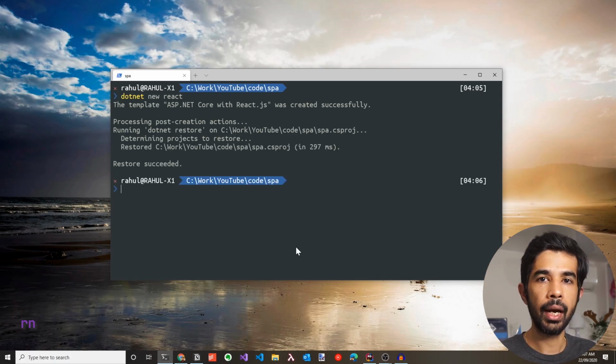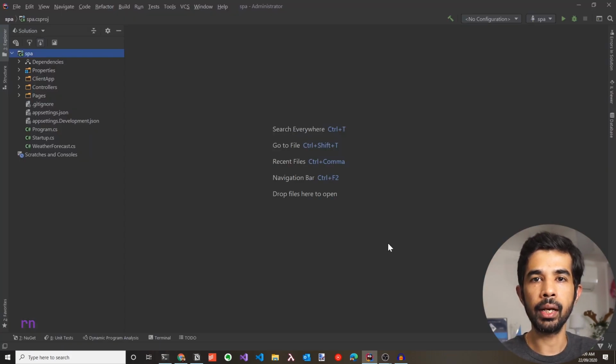Let's open this in the IDE of your choice. In this example, I will use Rider, but you can use whichever IDE you're used to. The React project template creates an ASP.NET Core app and also a React application. The ASP.NET Core application is intended for data access, authorization, and server-side access, while the React application is used for